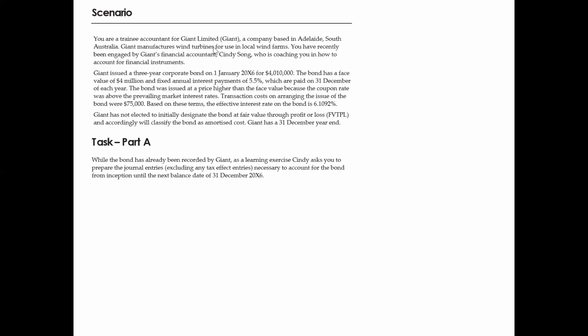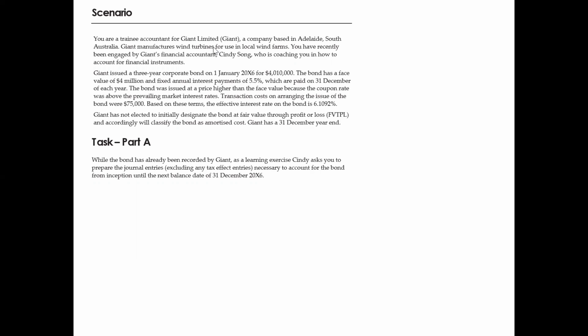for $4,010,000. The bond has a face value of $4 million, fixed annual interest payments of 5.5%, paid on 31st of December each year. So it looks like this bond is paid on an annual basis. The bond was issued at a price higher than the face value because the coupon rate was above the prevailing market interest rate. Transaction costs on the issue of the bonds were $75,000, and the effective interest rate is